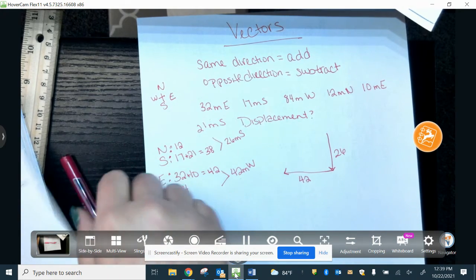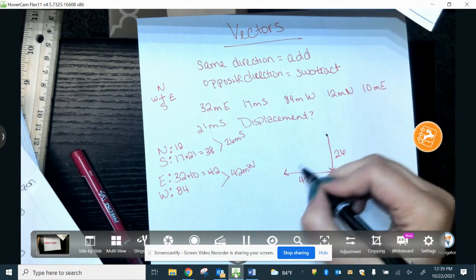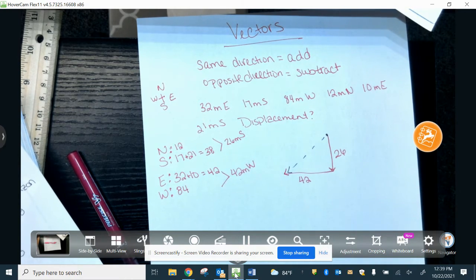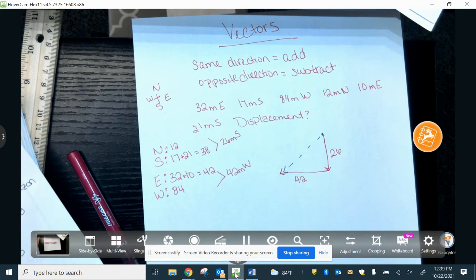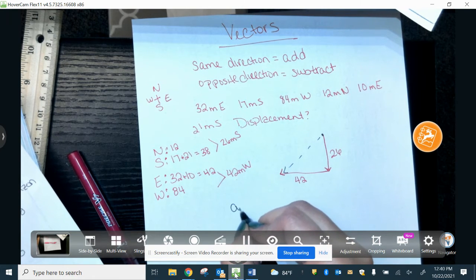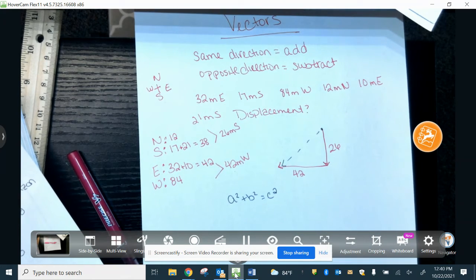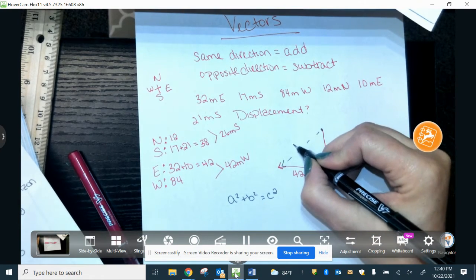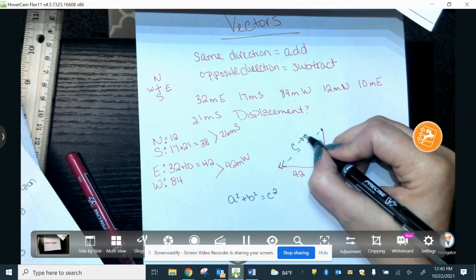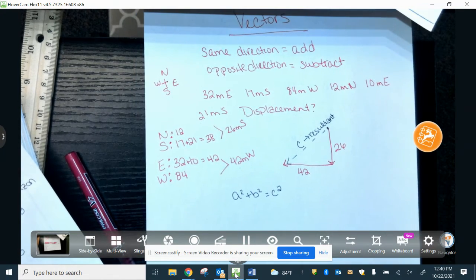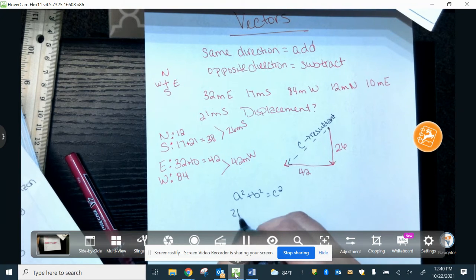So my displacement would be the hypotenuse of a triangle right here. To find that, we're going to use the Pythagorean theorem, a squared plus b squared equals c squared. This is my c, which we also call my resultant. So 26 squared plus 42 squared